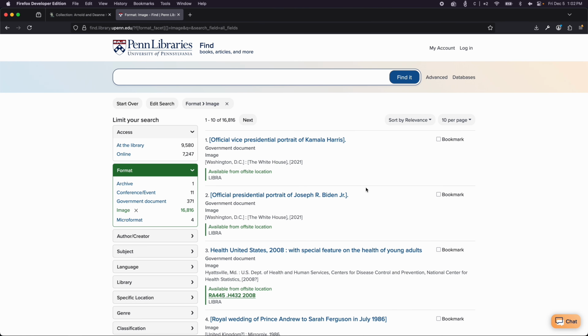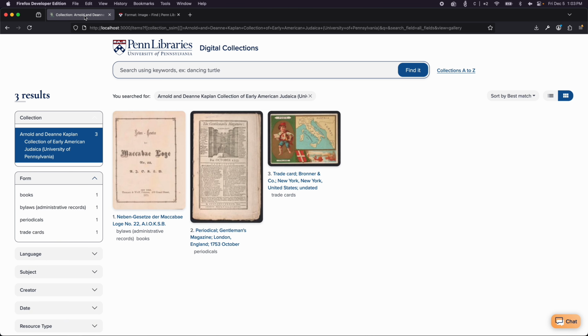In older versions of Blacklight, we have our facets with a header that says limit your search, and also our constraints have a start over button, edit search, and no visible header. One of the changes that we made when we were working on this digital collections application was we decided to simplify those things a little bit. So as you can see, there's no more you searched for heading here. We've moved that to where the constraints and facets actually are. We've also opted to remove the header here in favor of a simpler result count option. Some of these changes have been accepted into upstream Blacklight and are now part of Blacklight 9.